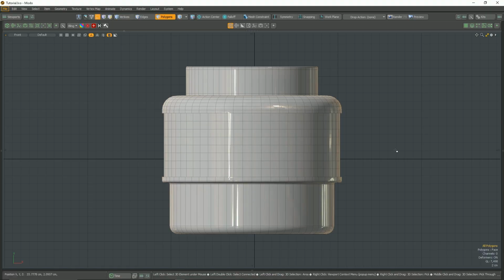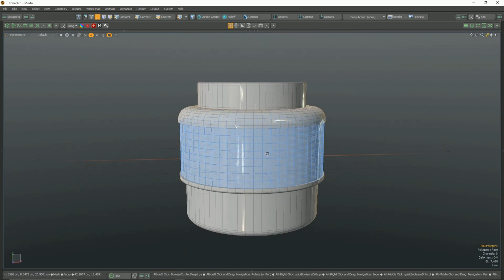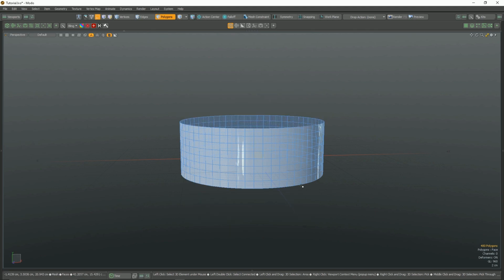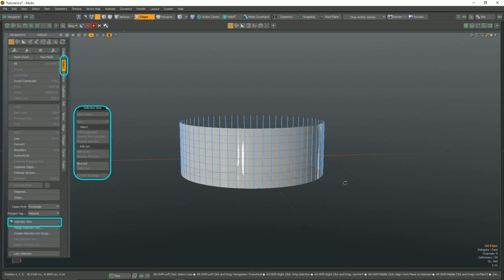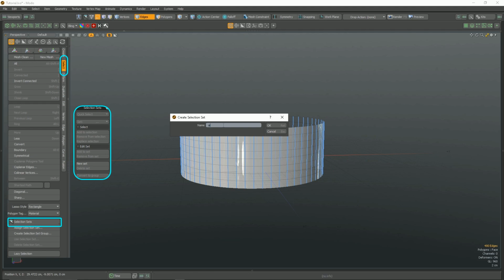Hi there guys, let's have a look at the fastest way to create Knurls in Modo. So to begin with, select the polygons you want to work with, Shift H to hide unselected stuff, go to Edge Mode, select the rings, assign a new selection set named A,